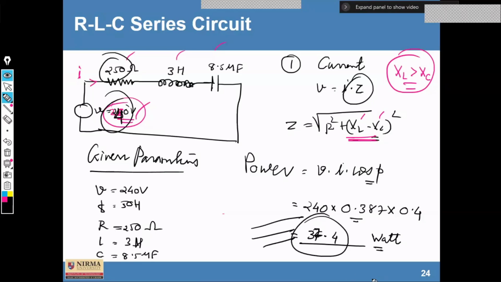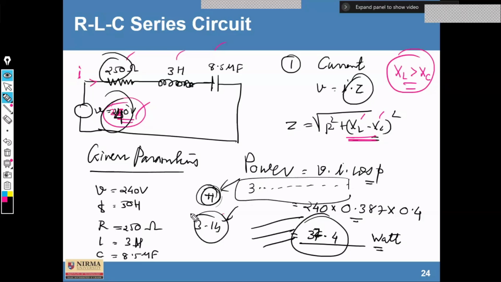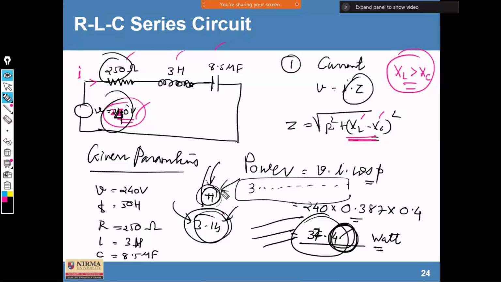All of you will get an approximate answer. The last 2 digits will be different, because if you use pi in the calculator and if you use the 3.14 value of pi, many people always press the button called pi, and the value of pi will be considered with 8 different digits after the decimal, and sometimes we multiply with 3.14. Because of this, there would be a difference in the answer at the end after the decimals. So it is better to use the pi which is already there in the calculator.